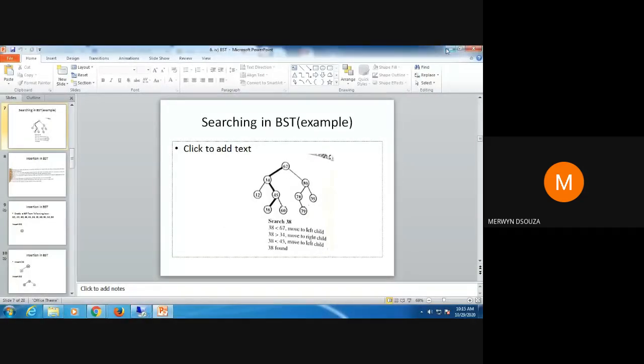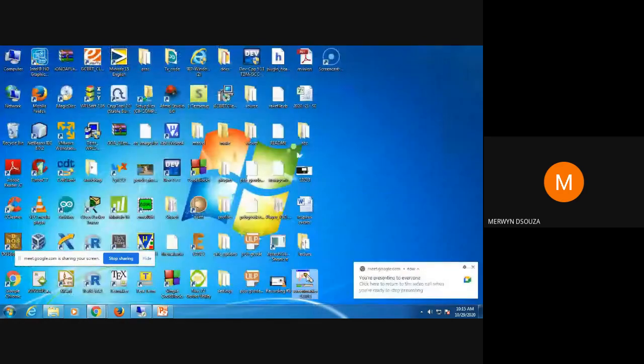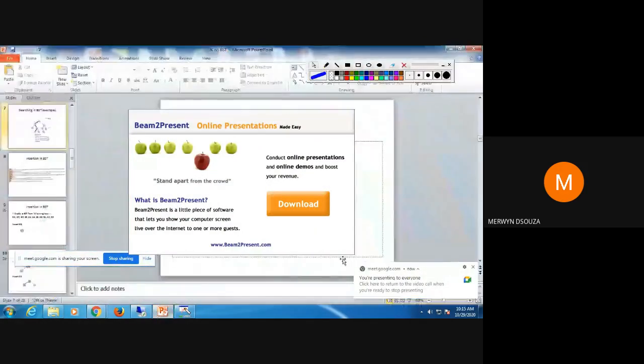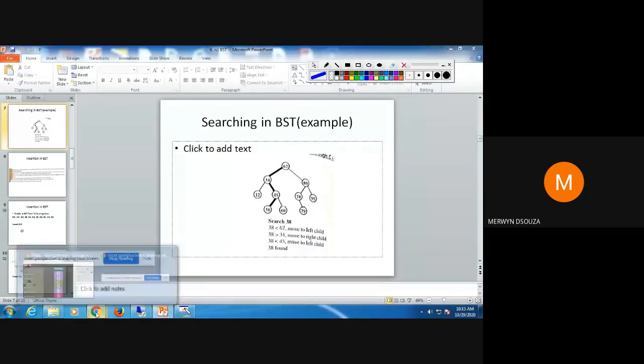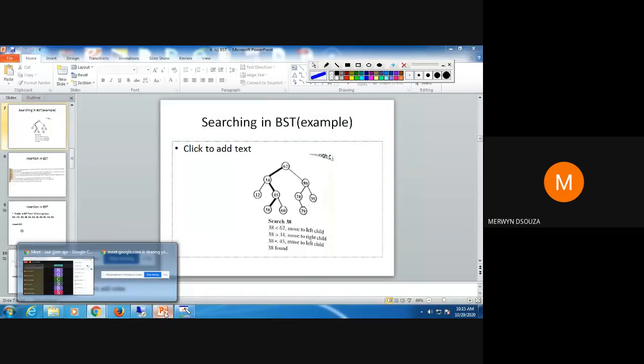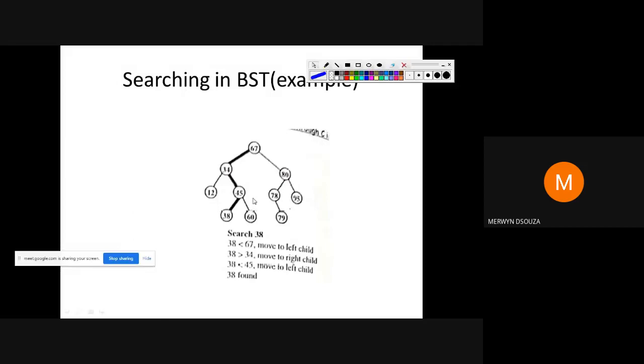Look at the example here. Suppose we are searching for the value 38. How do you search for that value?